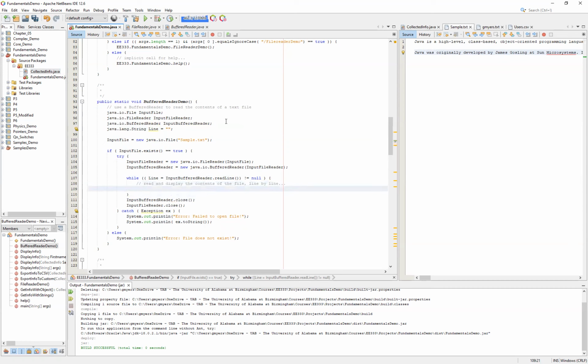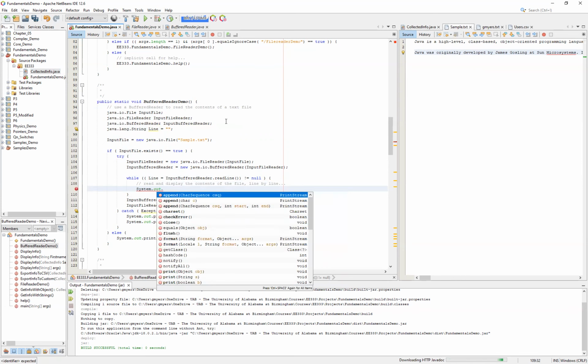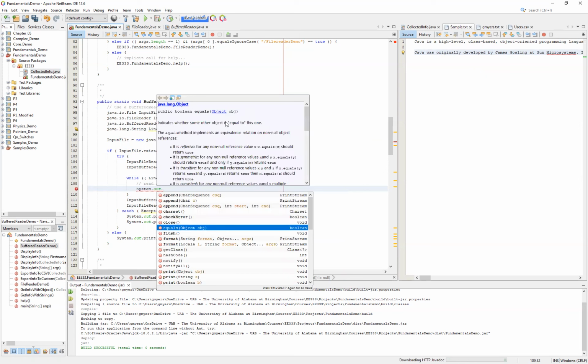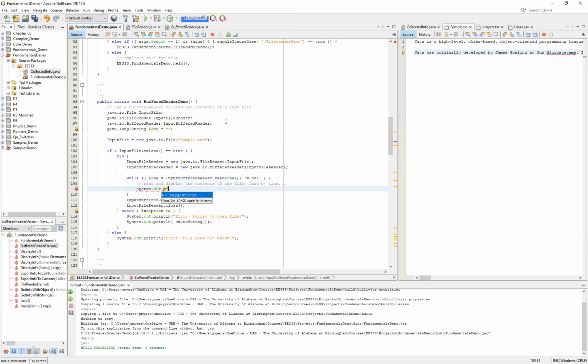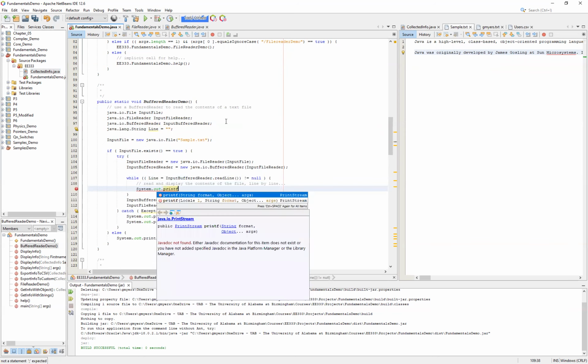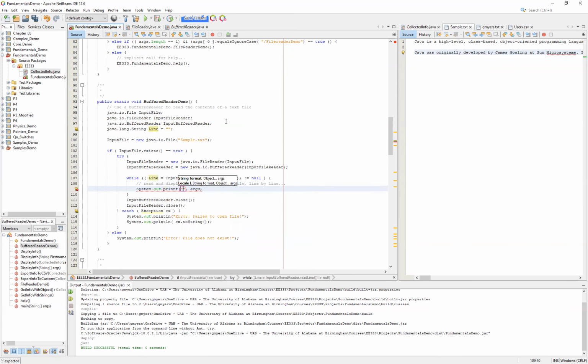And to do so, we could again use our System.out, and we could either use our println or our printf. In which case, if we did our printf, we'll simply have a %s followed by a new line, and then